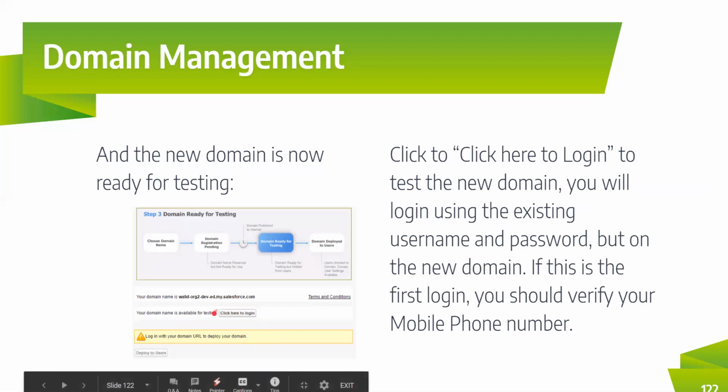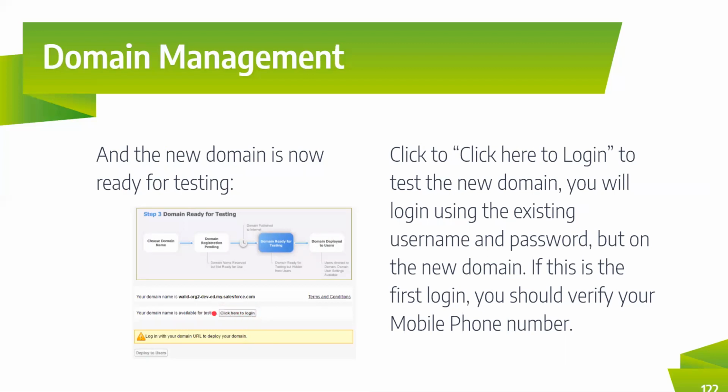After you click here, it will take you to the login page. Through the domain, you're going to enter the username and password. If this is the first time, it is going to ask you to verify by entering your mobile phone number, that is your country detail and mobile phone number. Then a code will be sent to your mobile, and you're going to enter that code, and based on that, you're going to be verified. Then it will take you to the organization page or the production environment.